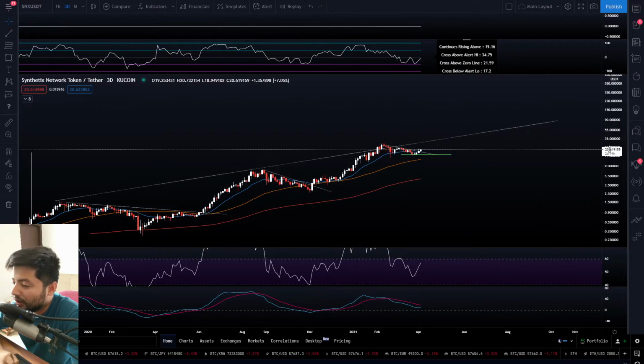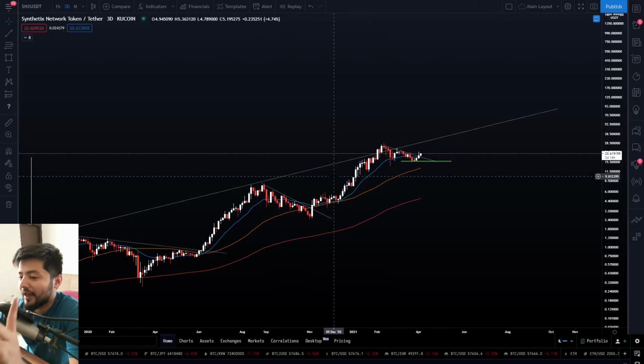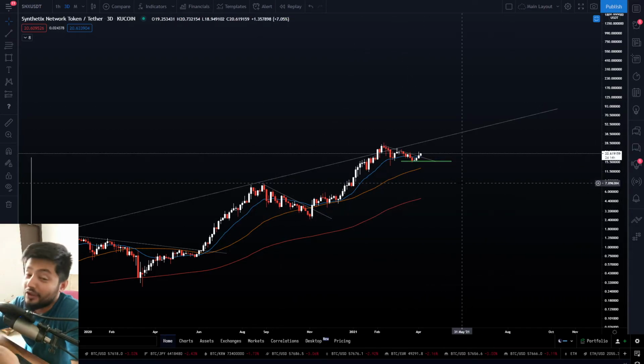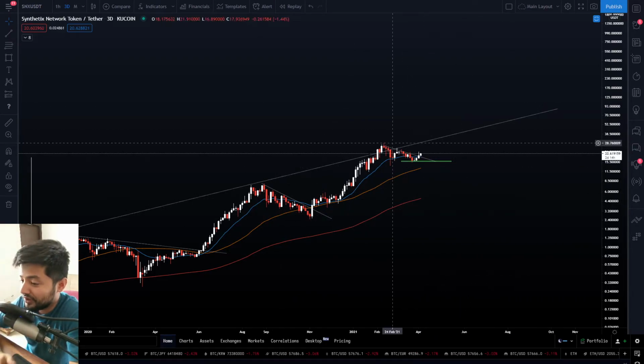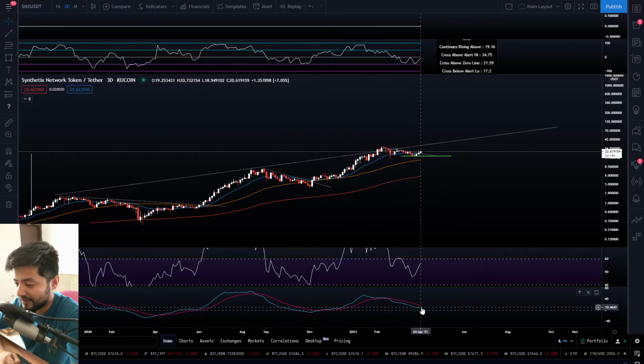Probably headed not towards $1,000. Not happening. Wait, calm down, man. Not happening. $1,000 synthetics could happen, not so soon. But that could be your potential signal if the RSI goes above 60 and stays above this price point right here, guys. Watch for the TSI to take up above this red marker right here.